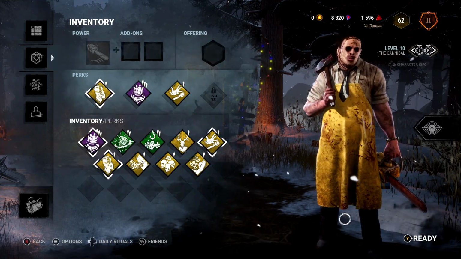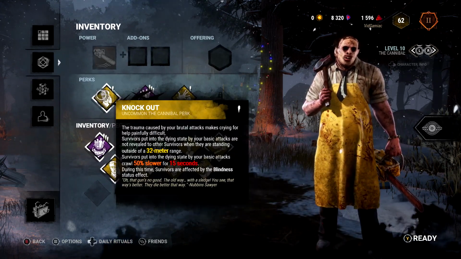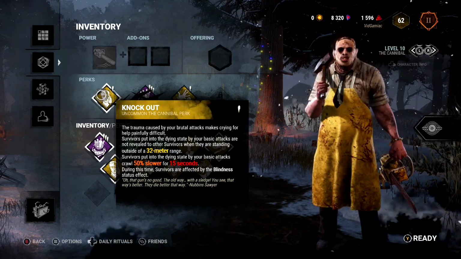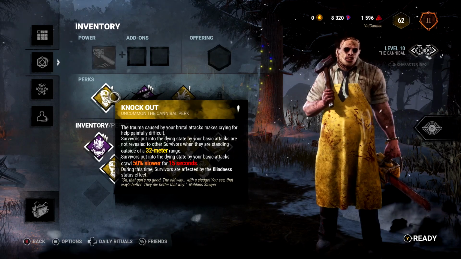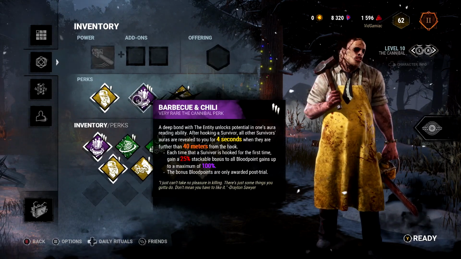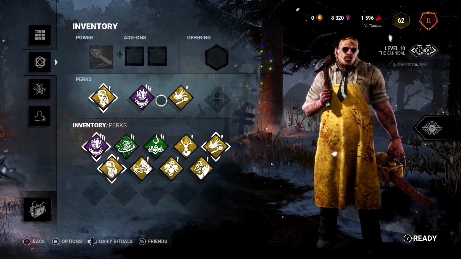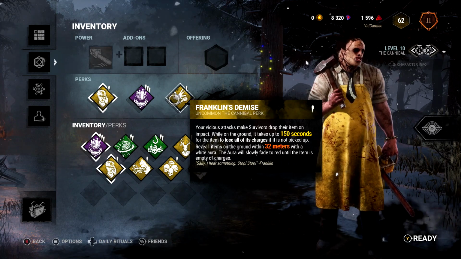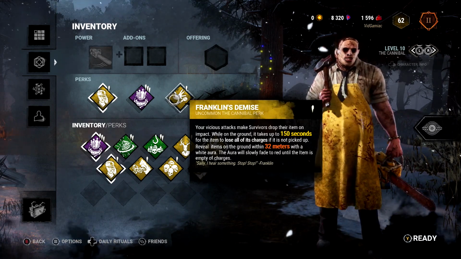You are going to need to get him to at least level 10 to open up 3 free perk slots. The 3 perks you want to equip and only equip are going to be Knockout. Then you're going to need Barbecue and Chili, and then finally Franklin's Demise. You can do whatever you want for add-ons or offerings. Make sure you leave the 4th perk slot empty if you have it available to you at level 15. Once you have that set, make sure you start up the game, and it's time to try to go for